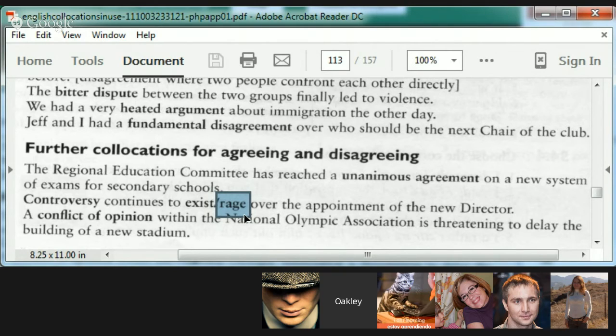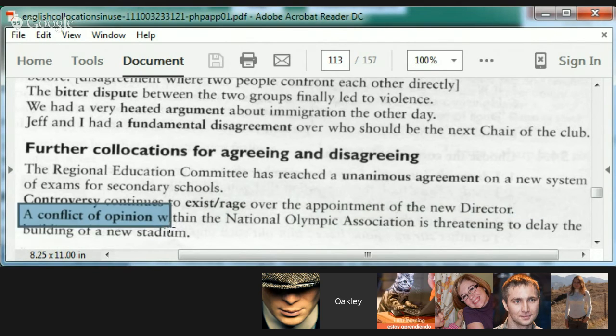Yes, but it's the same. It could be both in public, like inside an office, for example. Yeah, sure. Oh, I see your point. Yes, it could be. But there has to be a group of people. You can't have a controversy between you and your husband, for example. That doesn't make sense. You have a disagreement, okay, or maybe an argument or a dispute, but you can't have a controversy with two people. Okay, thank you. But yeah, an office full of people, absolutely. In fact, that's what this is about, the appointment of the new director. This would be in an office.